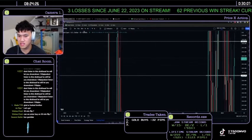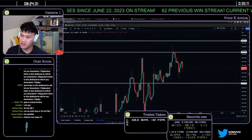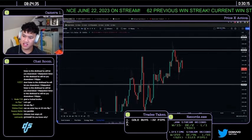Yeah, it's also the same bottom wick area. Yeah, so that's what I'll do probably. I'll leave it as is for now. There's a level at 2038, level at 2030. What I will say here, chat, is